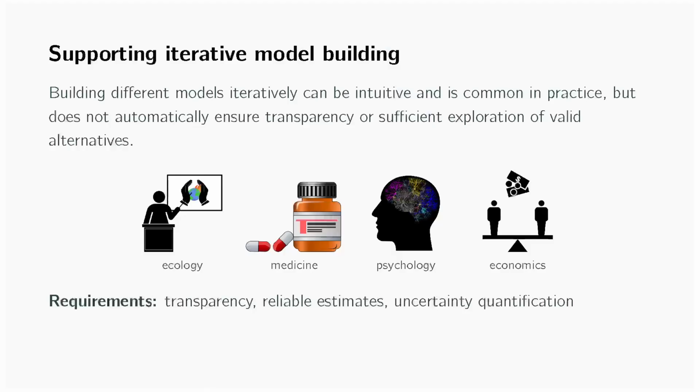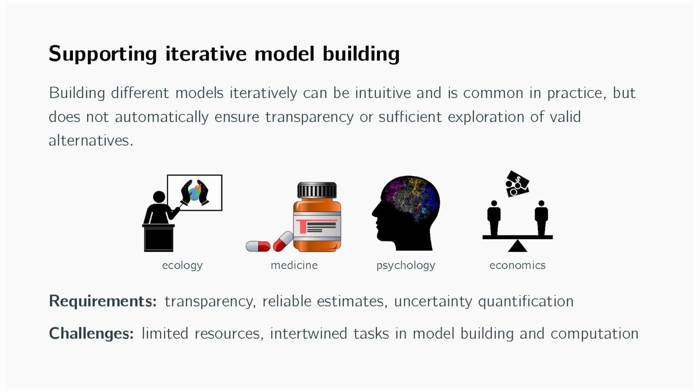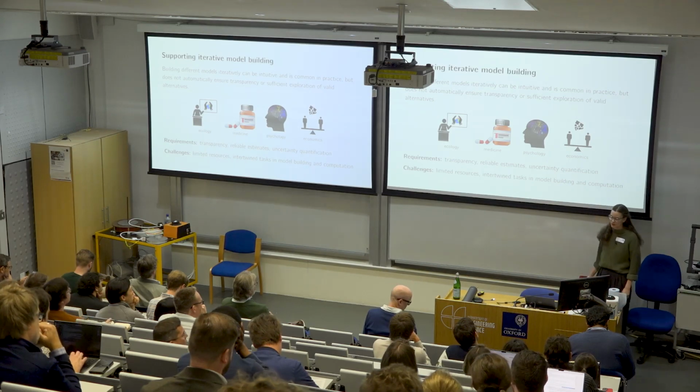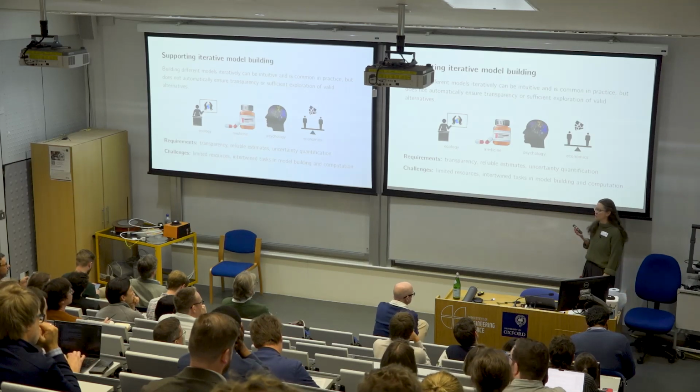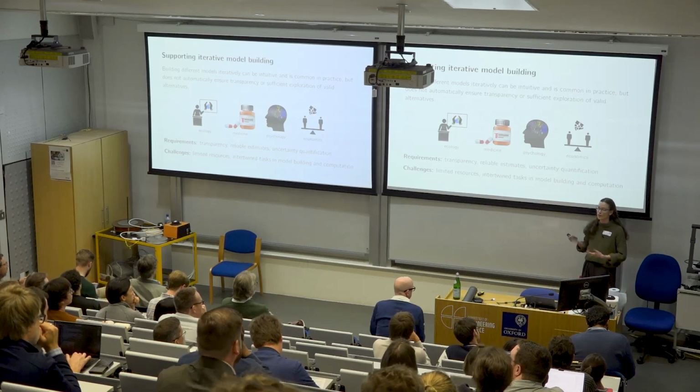So what we require to be able to use statistical and specifically Bayesian modeling in all of those fields is of course a degree of transparency, because we want to ensure reproducibility and robustness, and we cannot do that without a transparent modeling procedure. We also want reliable estimates, and of course we want uncertainty quantification. This comes with challenges. So of course we always have limited resources, limited time, limited computational resources, also limited modeling